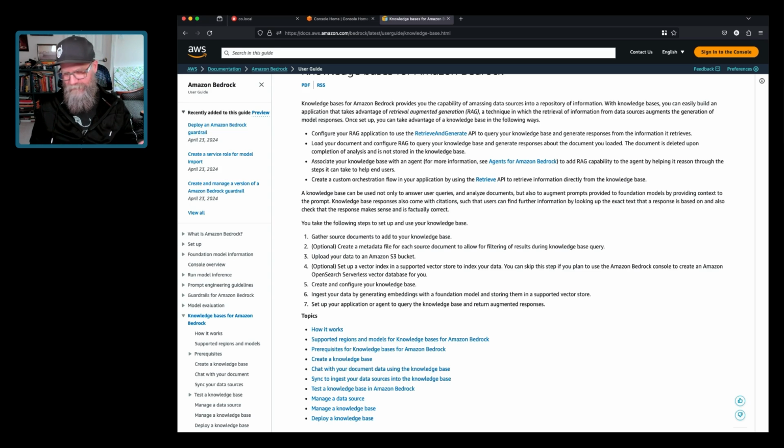I probably should have done a little more RTFM before I started. And I was getting an error that I couldn't quite figure out. With a little bit of digging around, what I realized is there's really two models that are going to be used here in our knowledge base. There's what's called an